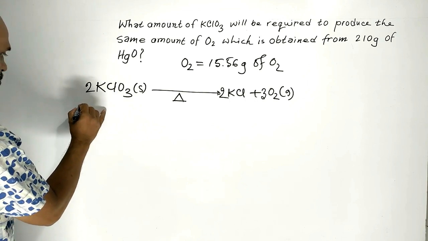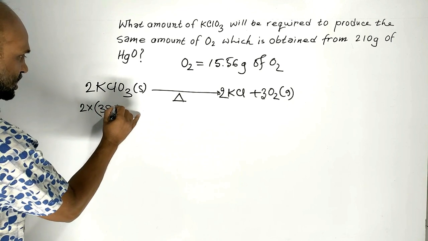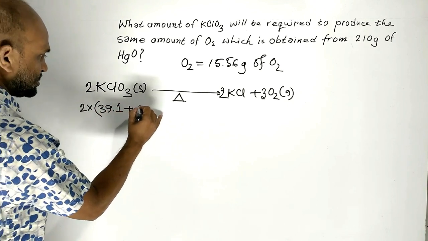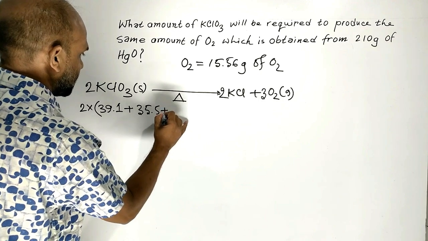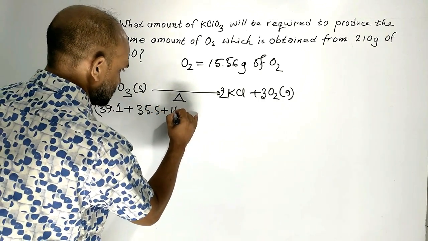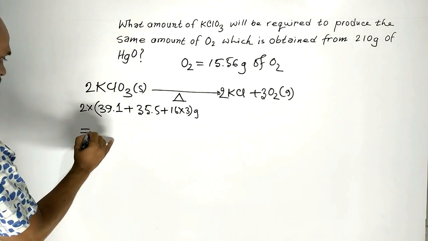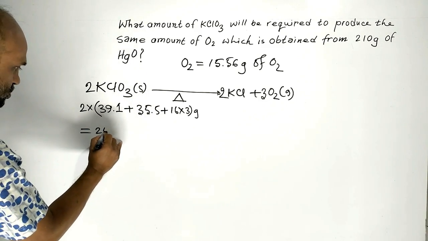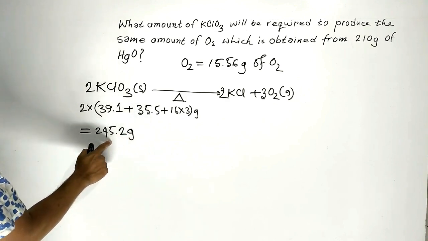Here 2 of potassium 39.1 plus chlorine 35.5 plus oxygen 16 times 3. This is equal to